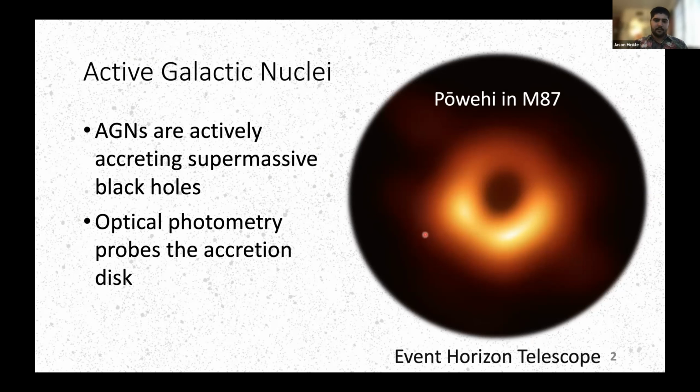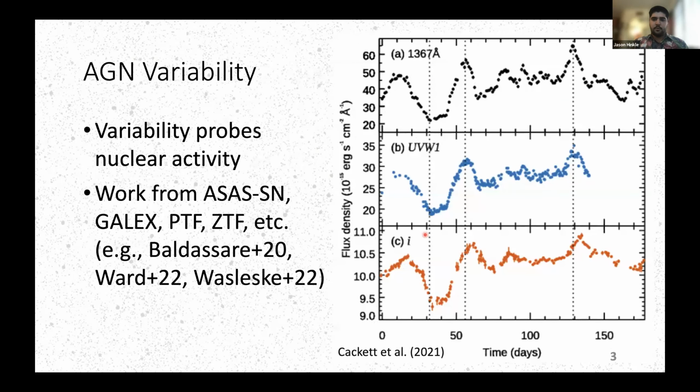We want to understand things through sources of, for instance, optical photometry like TESS, which probes the accretion disk, and therefore we can understand both the accretion physics, but then of course how supermassive black holes are growing over time through their accretion. Anna showed this in the last slide, but of course AGNs are characterized in the optical by their stochastic variability.